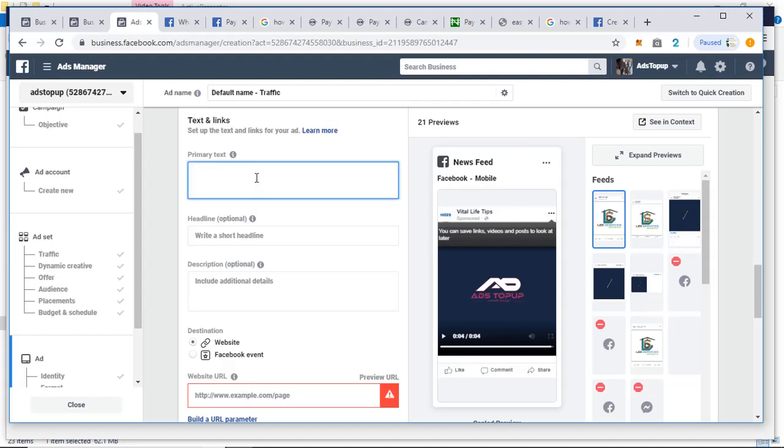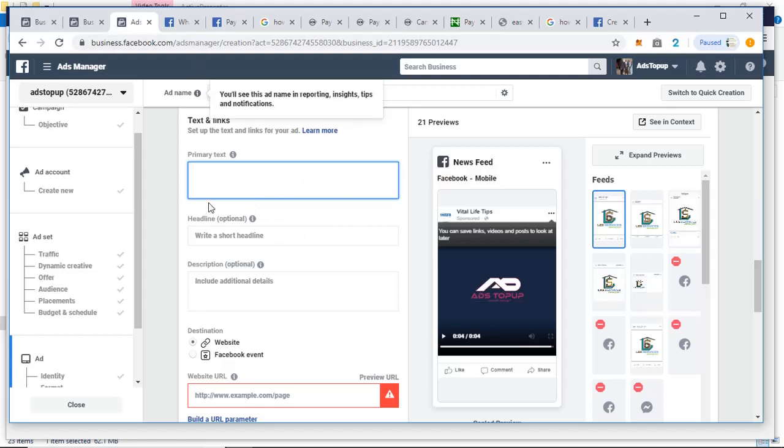It is better for you to have much text here. You can have as long as you want, as long as the limit it can carry. Just write everything you want to write, all those things you were supposed to write on this picture, because when somebody sees this image and he likes it, he will definitely want to read the post caption. So it's better you construct an enticing post caption that will capture the eyes of the audience that is seeing